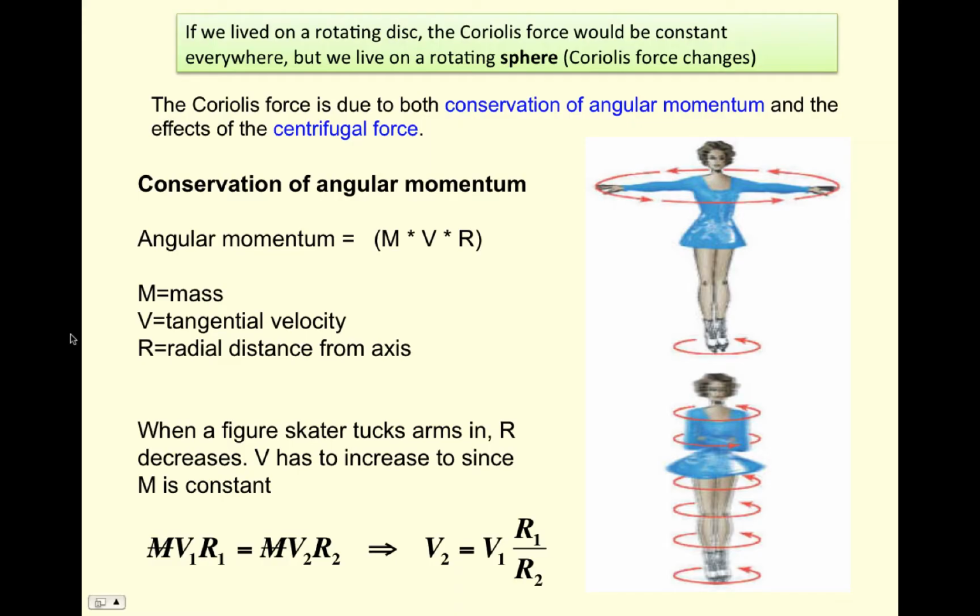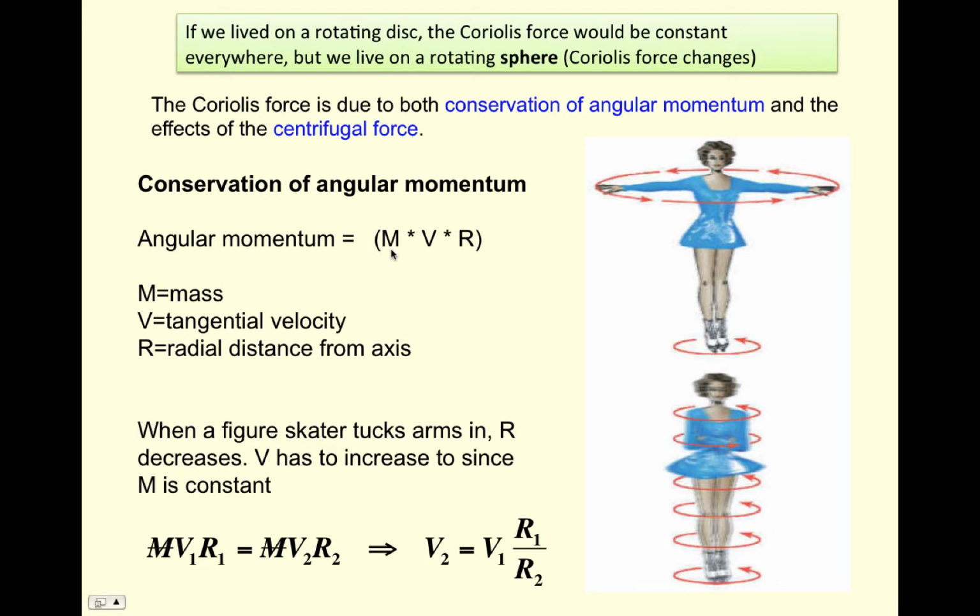So that short video gives us some guidance on if we were on a rotating disk, but the reality is we're on a rotating sphere, so the Coriolis force actually changes with latitude. The Coriolis force is really due to 2 laws, the conservation of angular momentum and the effects of what's called the centrifugal force. The conservation of angular momentum states that angular momentum must be conserved, and here it is as